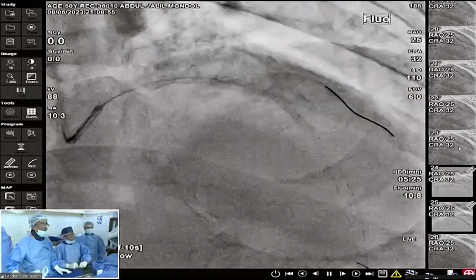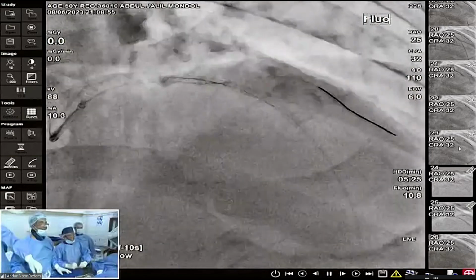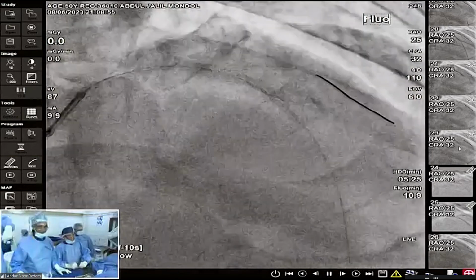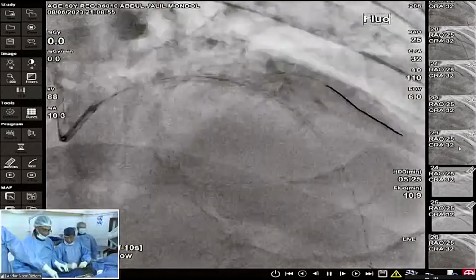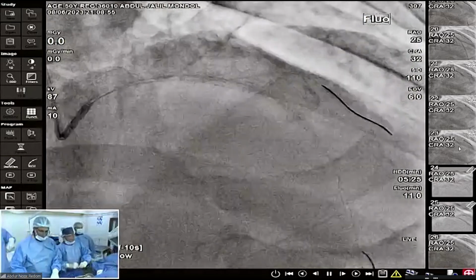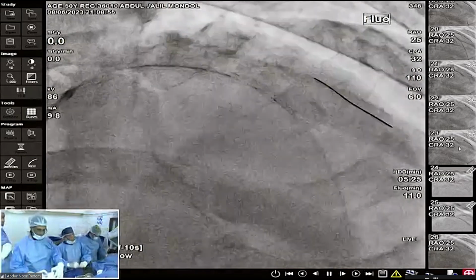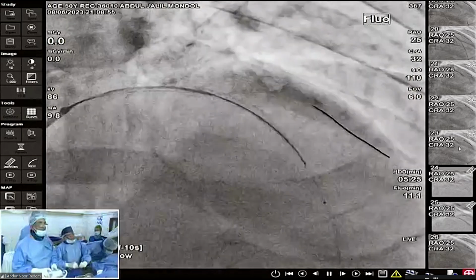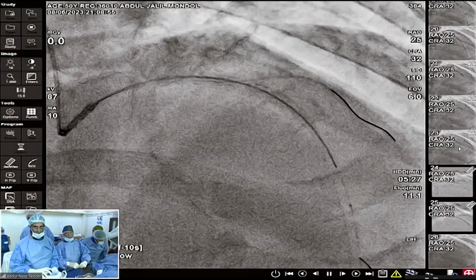Even though I'm from America, we still believe in cost effectiveness, so if need be, then we'll do one more dilatation. Yes, that is very much important, especially from our perspective. Cost is a big issue. We have crossed the balloon.